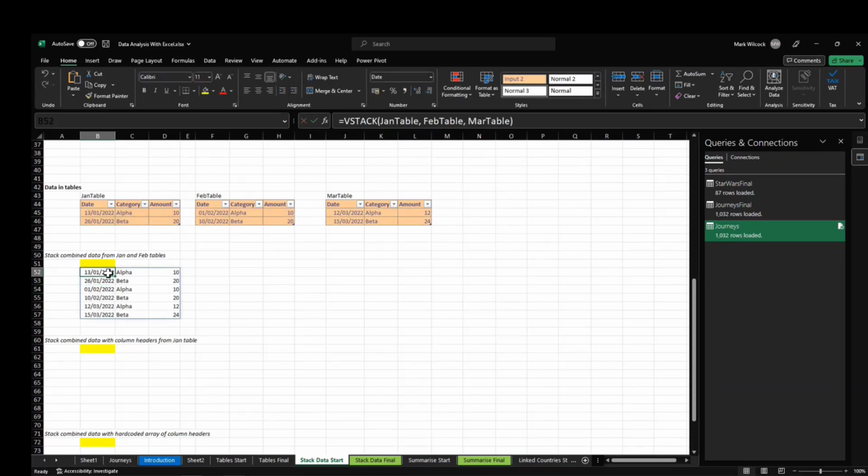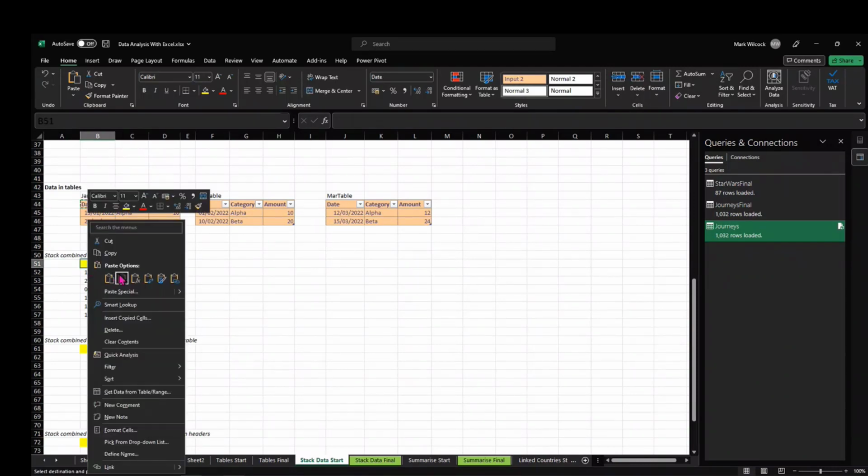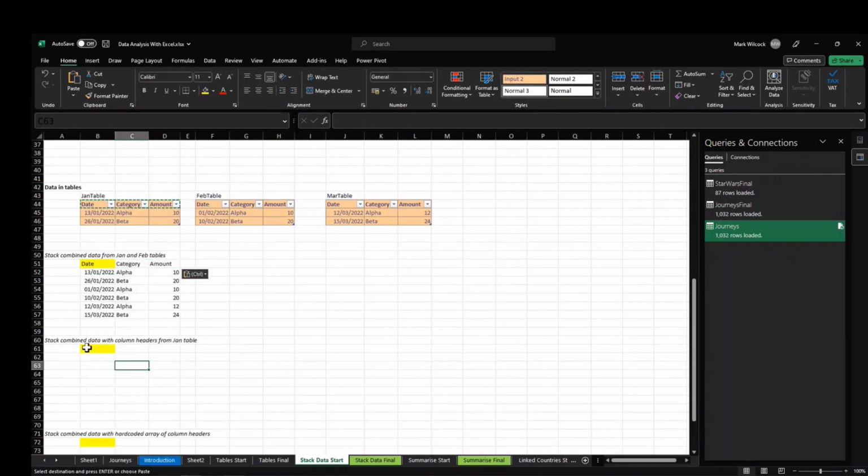Now I've got a stack of both of these, and what I might want to do is just take Control-C, and I'll just put my headers in there as well. There is a way as well, if I wanted to just make the point,